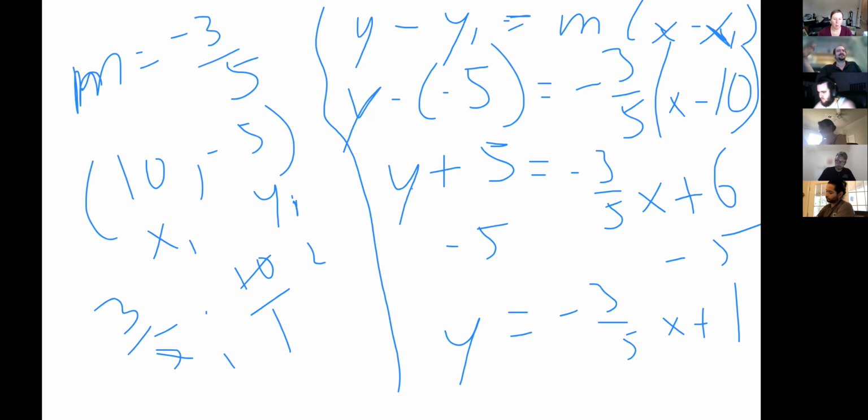I feel like we're increasing in difficulty though, right? Giving a slope and an intercept should be like the easiest thing from this picture. And then when we give a point and a slope,